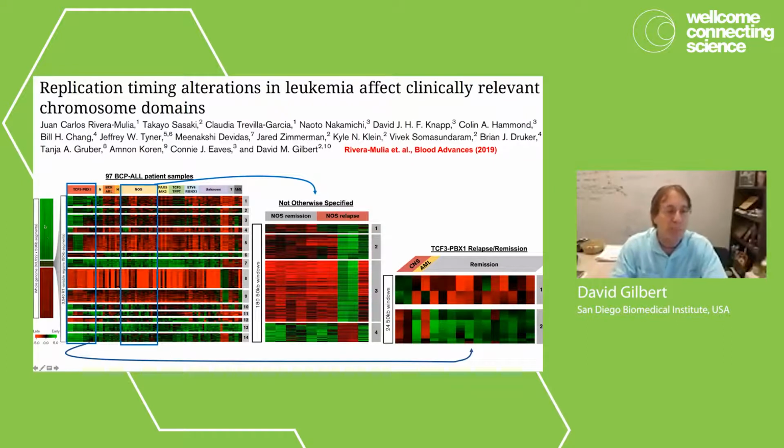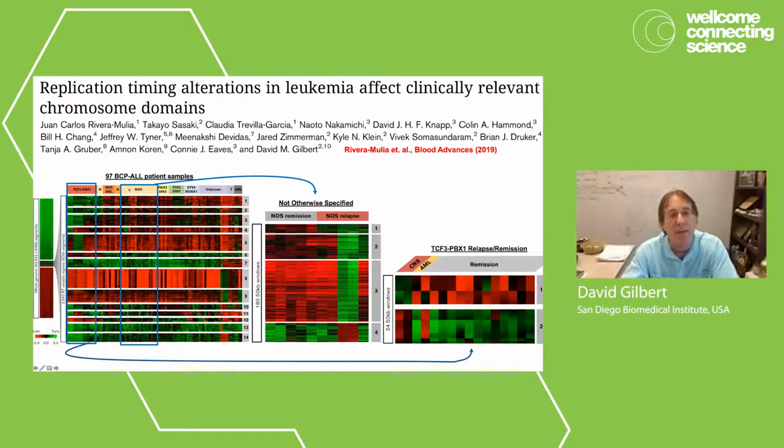But what you should notice right away is that only about 5% of the genome varies, because these are so closely related. But nonetheless, we can take this 5% and identify replication timing signatures that are specific for the different subtypes. And these subtypes do cluster by their genetic subtype.